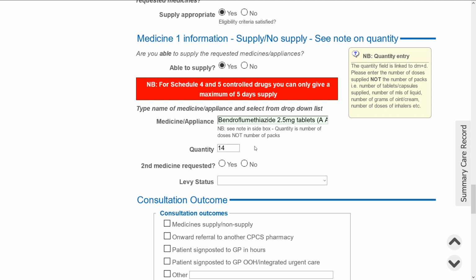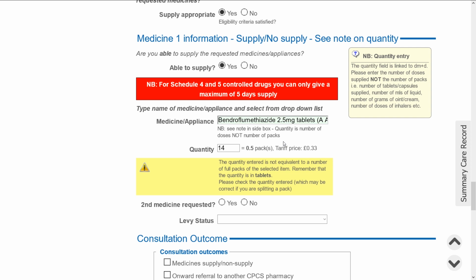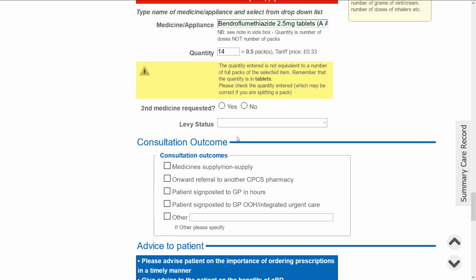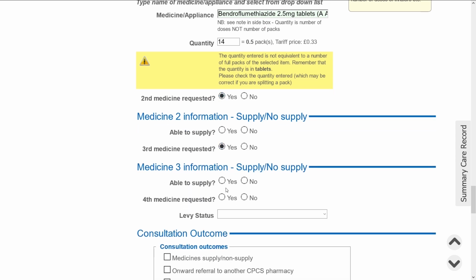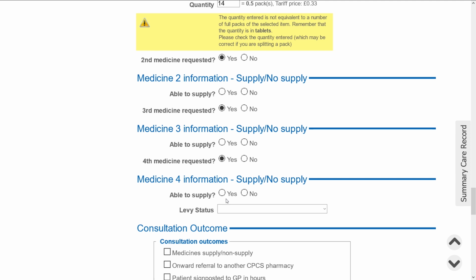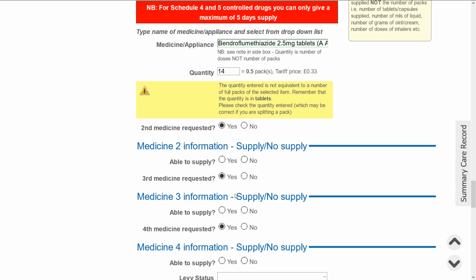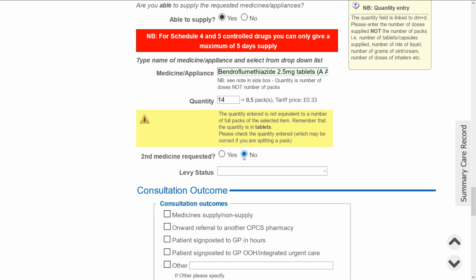Enter the quantity. Remember that this is the number of unit doses, not the number of packs. If a second medicine has been requested, answer yes here and you can record the details. You can enter up to 4 medicines on this form. If you need to enter more than 4 items, a link will appear to the Additional Items form once you